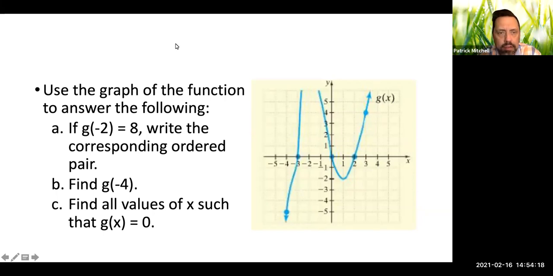All right, so let's compare notes. Starting with letter A. If g of negative 2 equals 8, we want to write the corresponding ordered pair. Well, that's really easy. You just have to remember